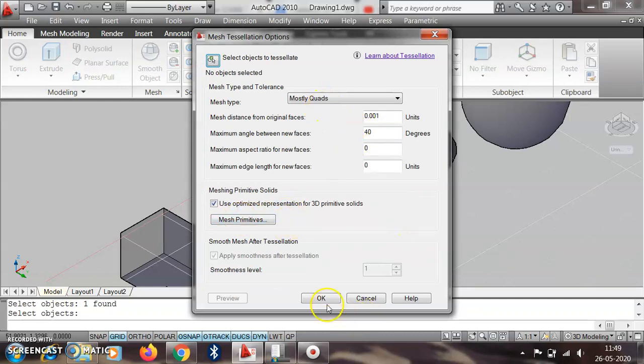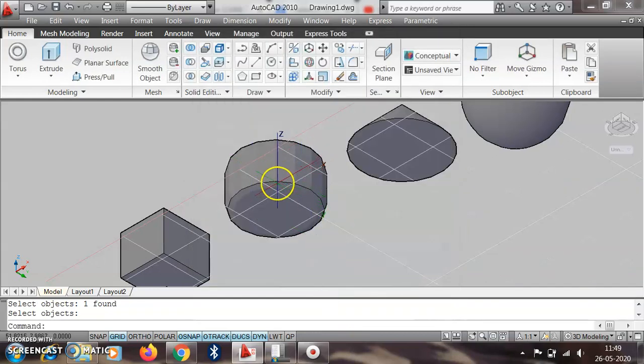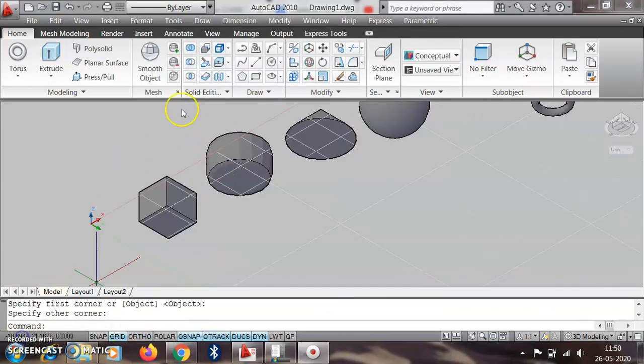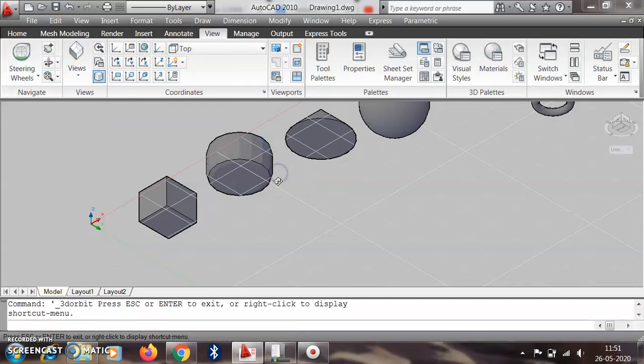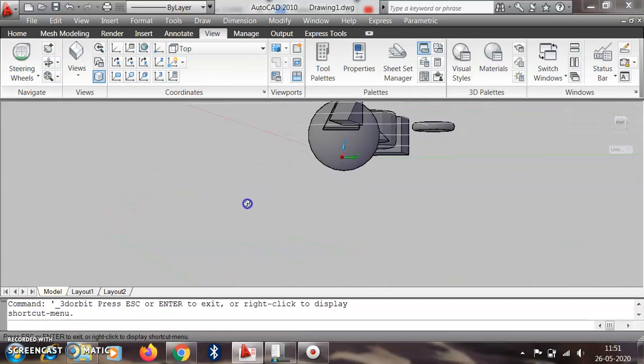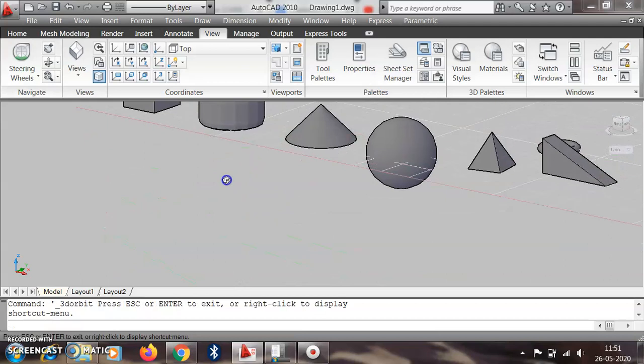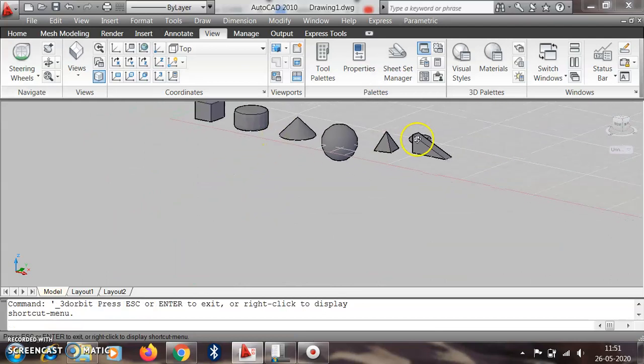So we get that particular object in that fashion. Then if we require the views of all these surfaces, we go to the orbit and rotate these shapes. So we'll get the shape in such a fashion.